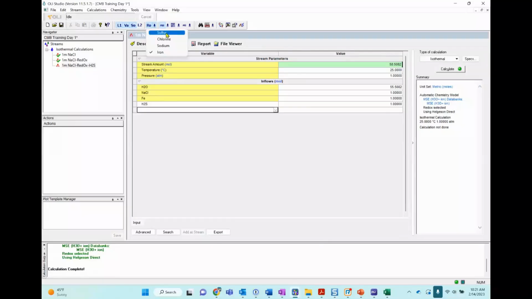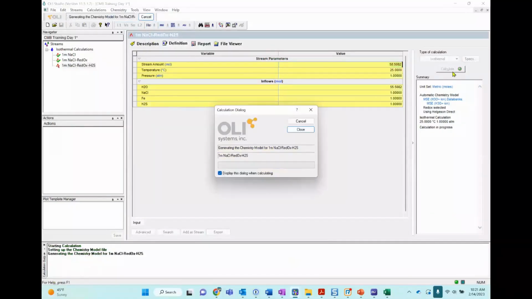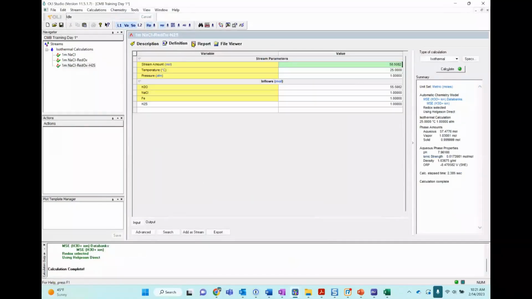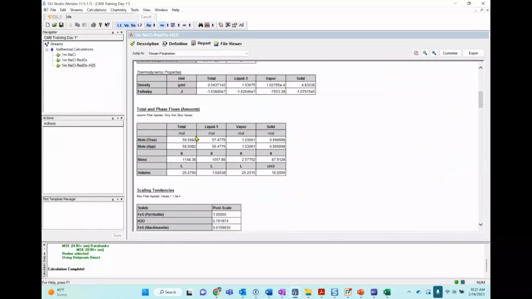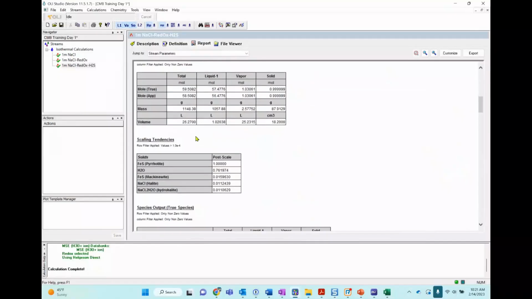What we are going to do is a calculation, but the software is going to assume that the oxidation state of sulfur stays as -2, because that's the oxidation state that we have in this molecule, -2. Calculate, and then we go to the report. The pH is not as high as before, maybe because we added that H2S and now it speciated and increased our hydrogen ions in solution.